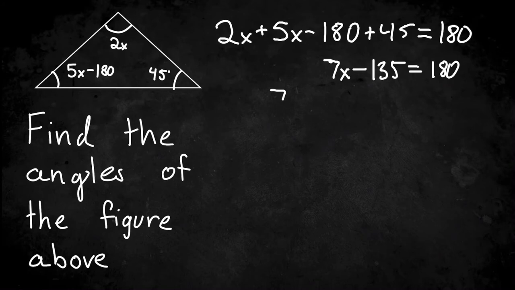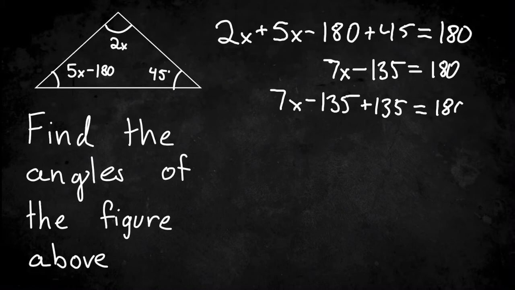So we have 7x minus 135 plus 135 equals 180 plus 135. When you subtract 135 and add 135, that equals 0. So on this side, we are left with 7x, and 180 plus 135 is